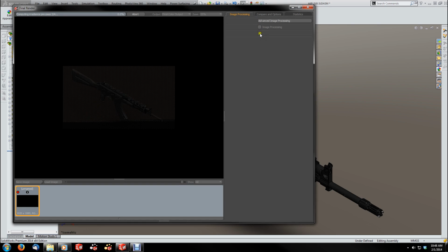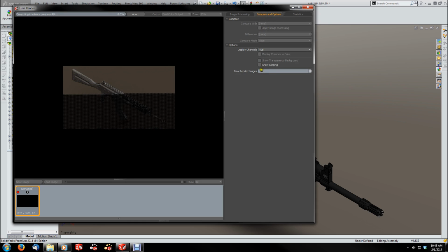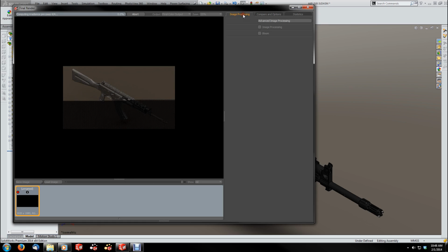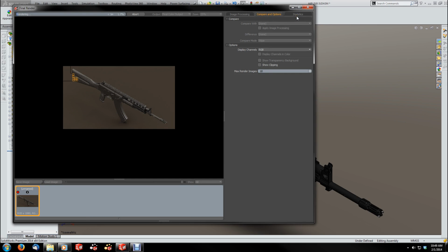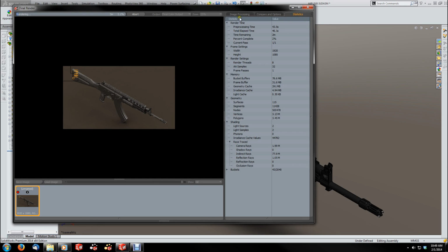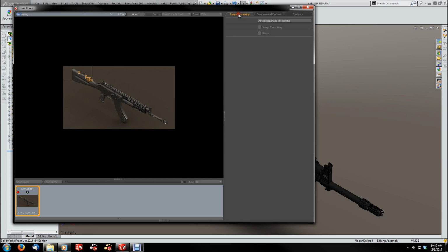You can go in and change a lot of these post-processing options after the rendering's done, and I rely on the SolidWorks environment to drive my render, so I almost never use any of these settings, and I've barely played with any of them to really know exactly what their benefits are. So yeah, I can't really talk a lot about those, but if you look over here on the render itself